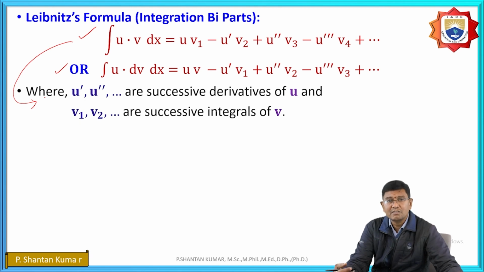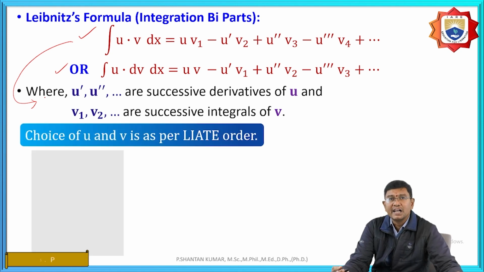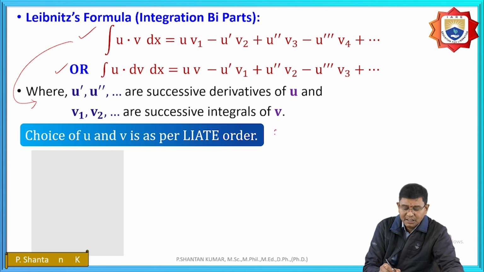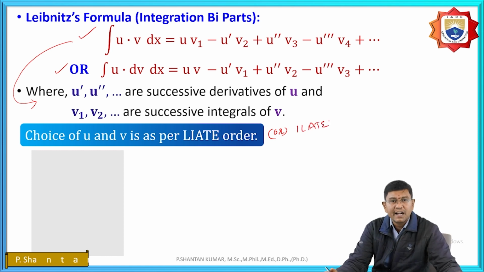That depends upon what priority we are going to consider, what we are going to assume for u and also v. That is based upon the choice of the ILATE conditions, or LIATE. Both are nothing to worry about, ILATE or LIATE. And as we know, according to LIATE, the meaning of LIATE is this: